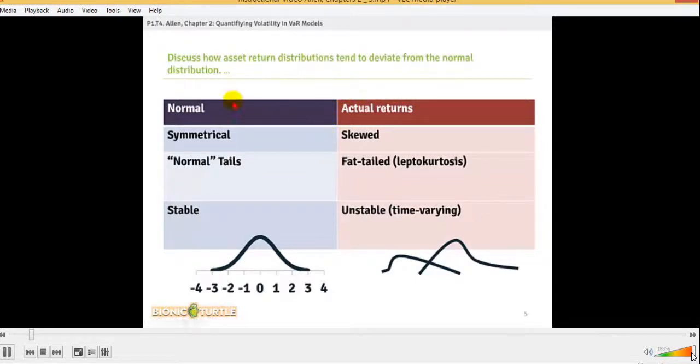that although we oftentimes use an assumption of normal returns, that's not actually what we see in markets. So financial asset returns tend to be non-normal, specifically skewed with heavy or fat tails, and we know that's distribution